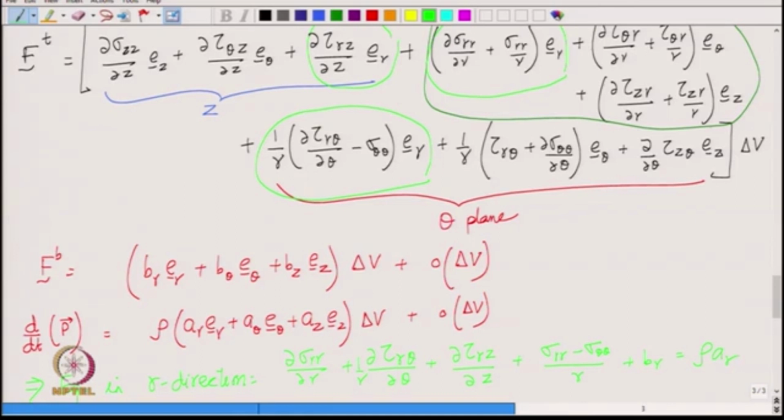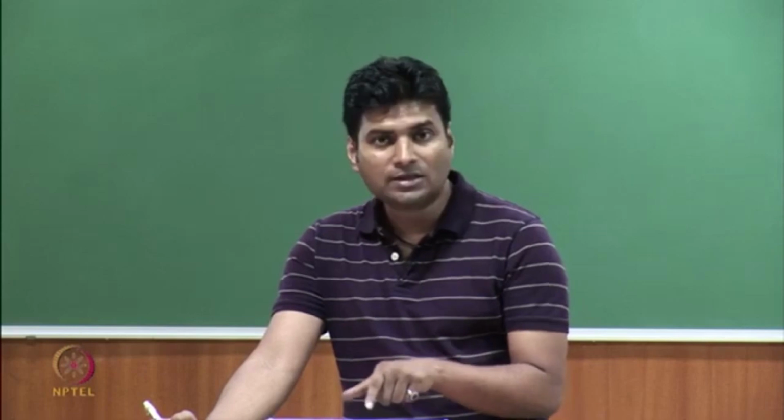Okay. So, you see we get an extra term here, sigma r r minus sigma theta theta by r. The first three terms are very similar to what we get in the Cartesian coordinate system. You see, first one is del sigma r r by del r. First of all, each of the stress components,